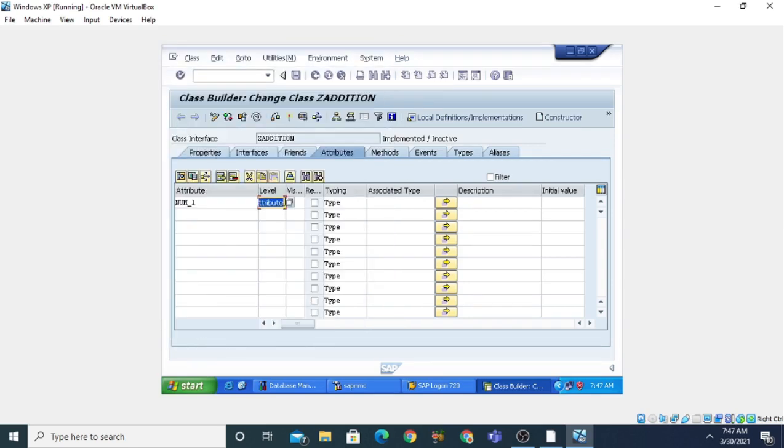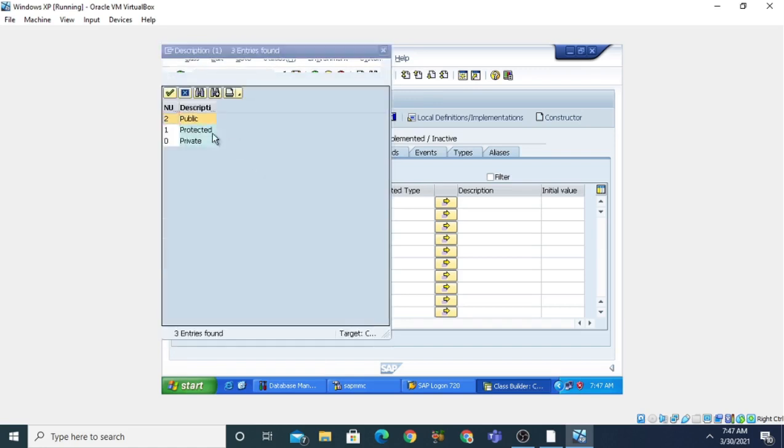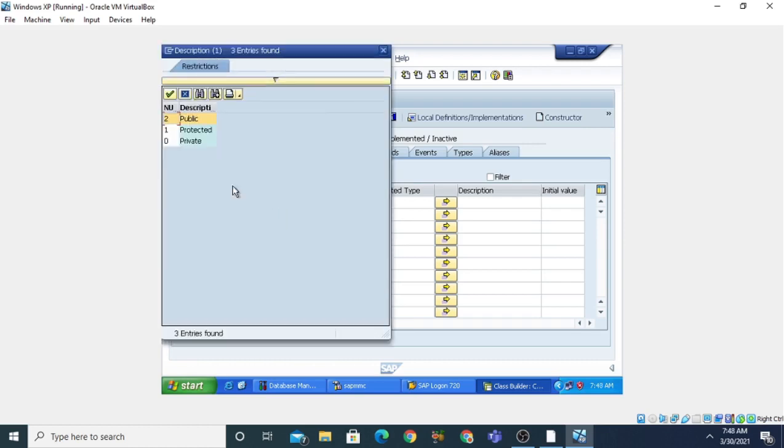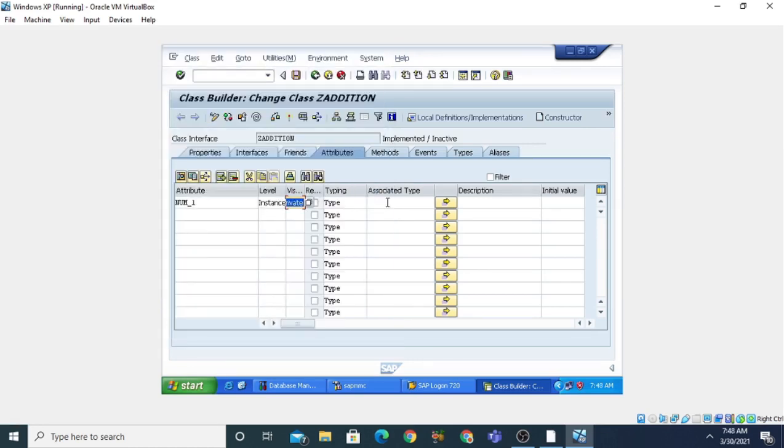So select instance attribute, then visibility. By clicking on this visibility mode, you can select the restriction, that is public. Generally in a class we put all the data objects in private, making it secure. Now we need to define the associated type. The associated type we are taking is integer.